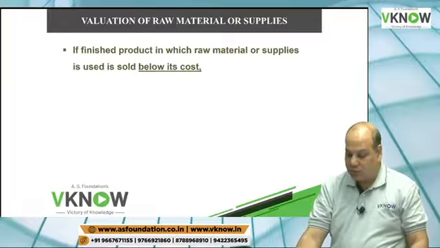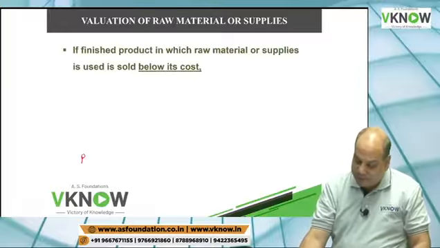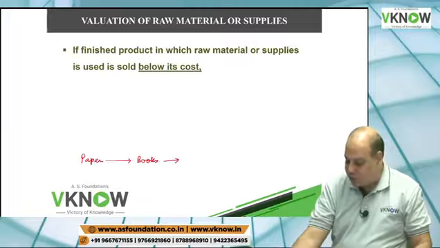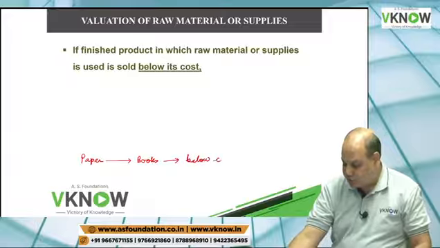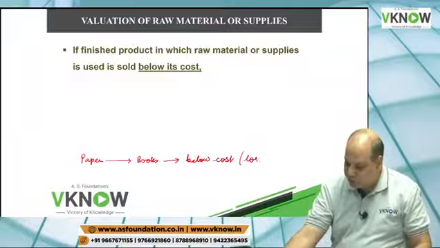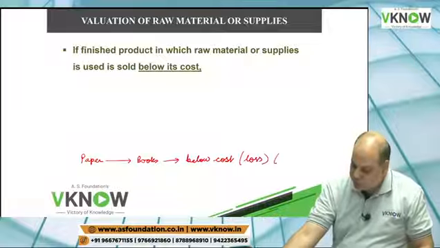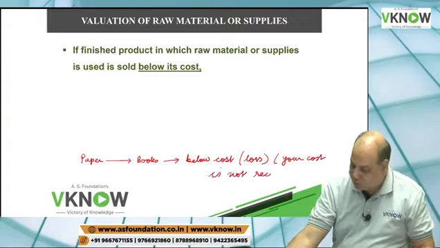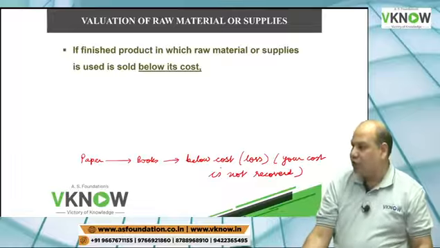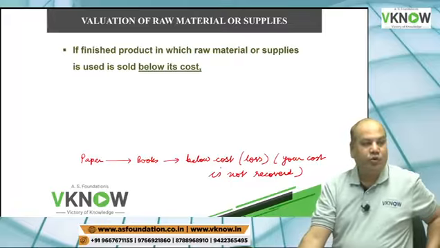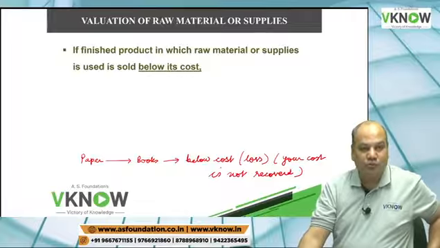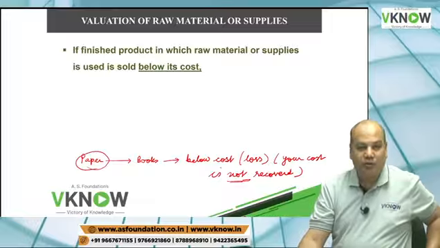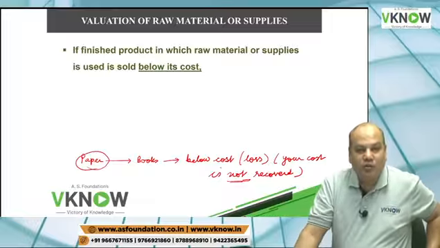But there is another possibility: this raw material paper is going to be used in manufacturing of books, and books will be sold below cost. Below cost means loss. Loss means you can't recover your cost also. So if your cost is not recovered, then in that case, you may, not must, reduce the value